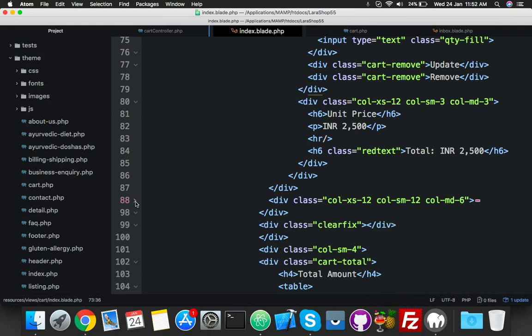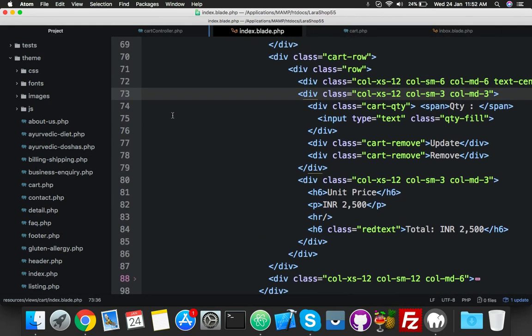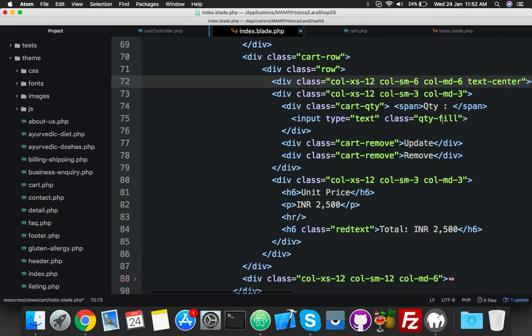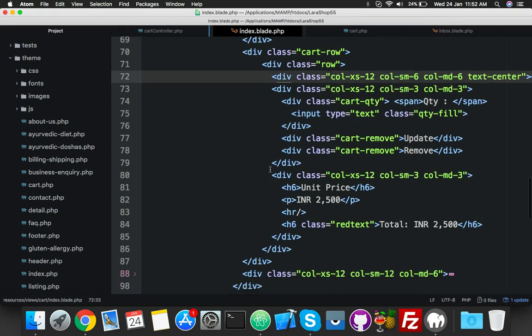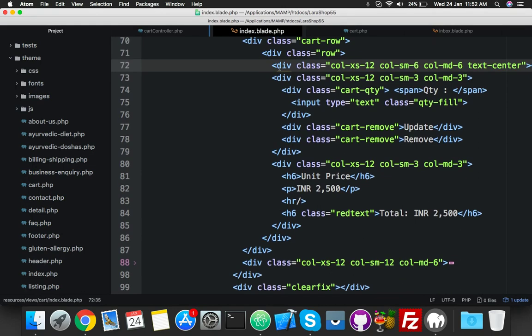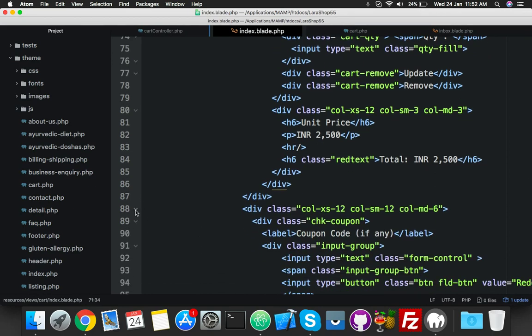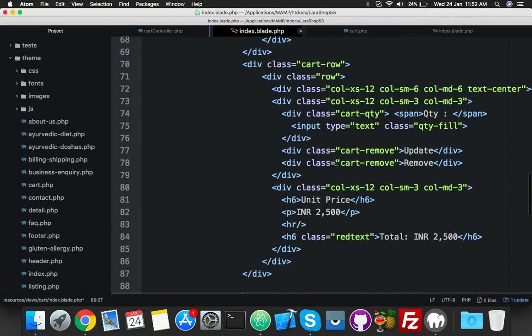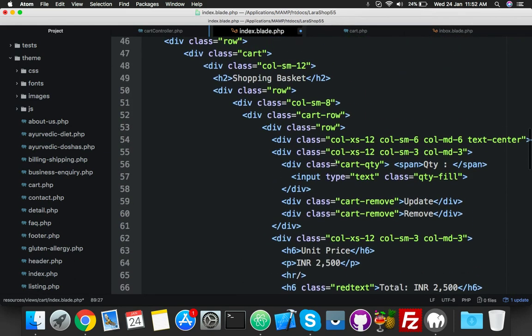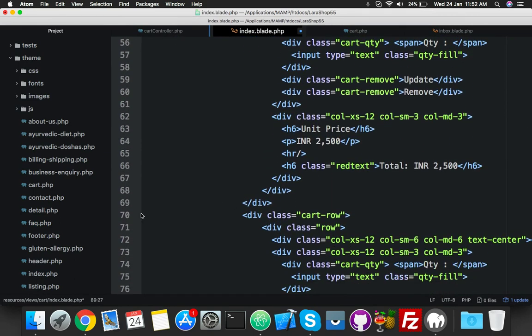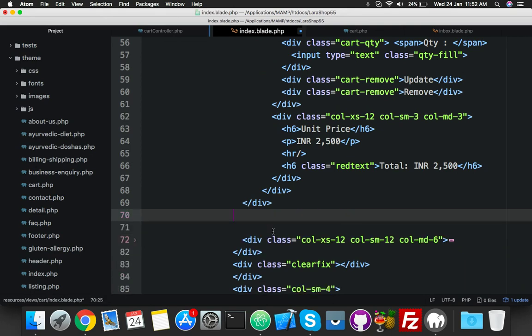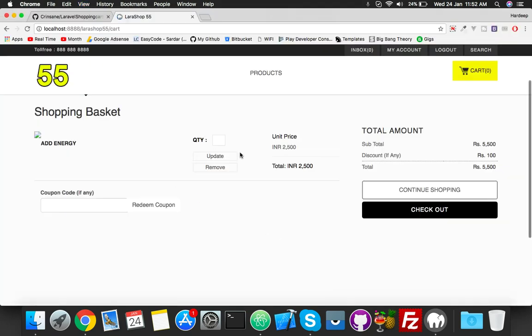Ah, it's the second time, and yeah, here you can check this one and this one. Let me figure out. This is for coupon, so don't need to this one. Here is the cart row two time, so you need to remove this for your loop, a single product, and